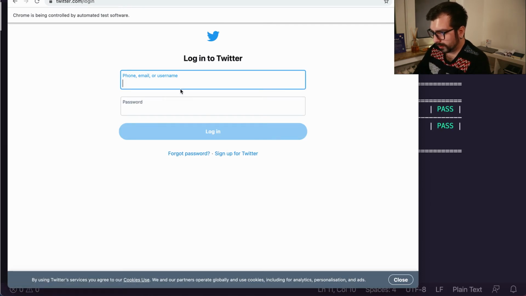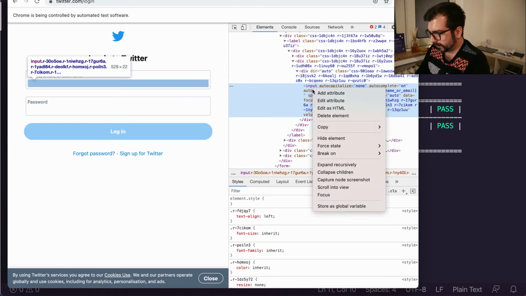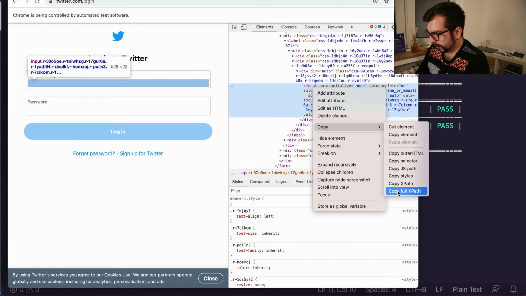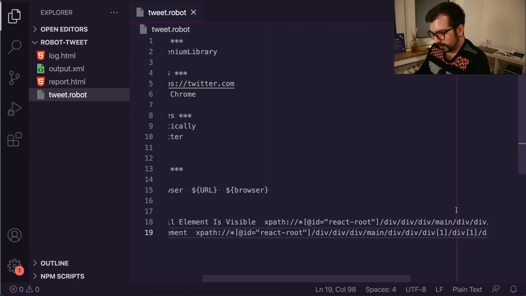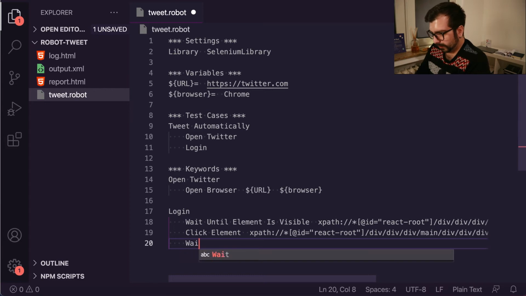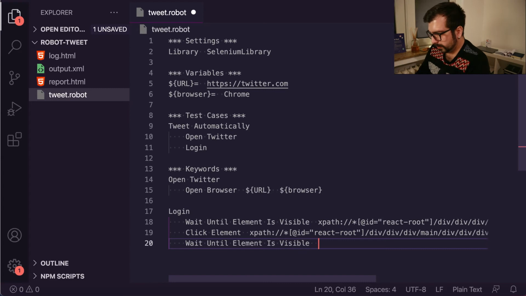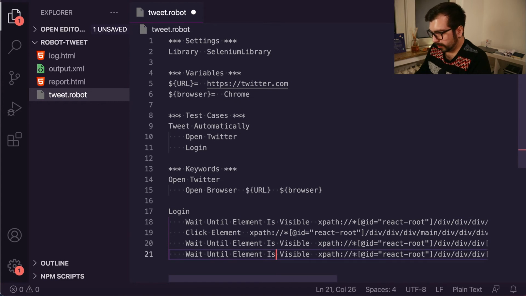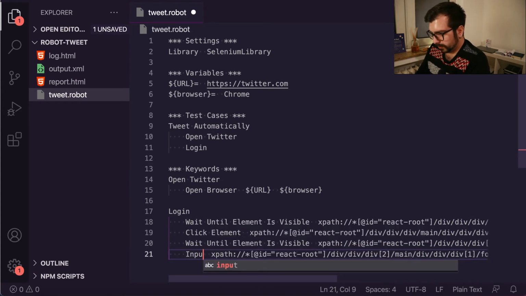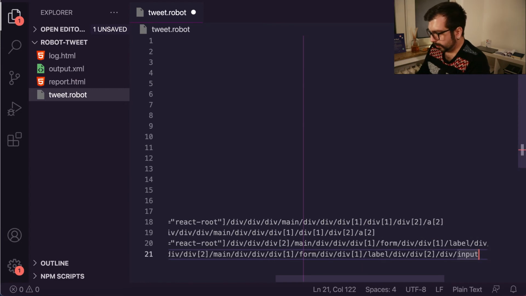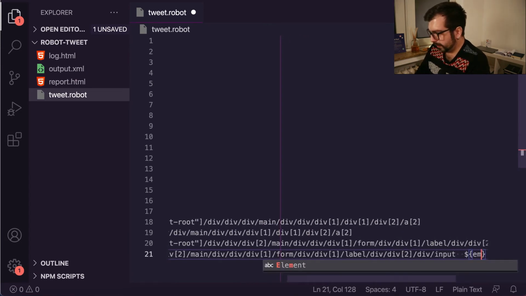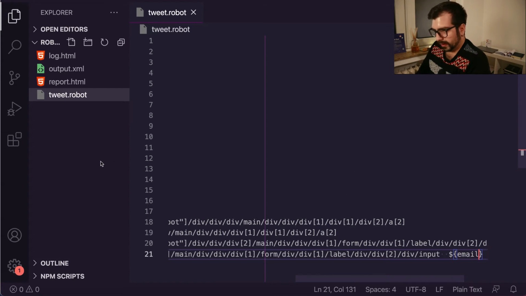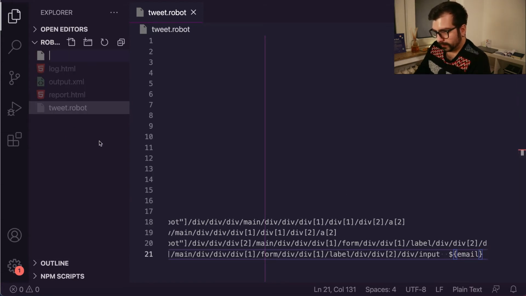It took me to the login page where I need to, of course, log in. So let's find the XPath of the email. And again, wait until element is visible. XPath will be the input, and when the input is visible, input text on the input, and the text will be my email, which will be a new variable inside the resource file. So local